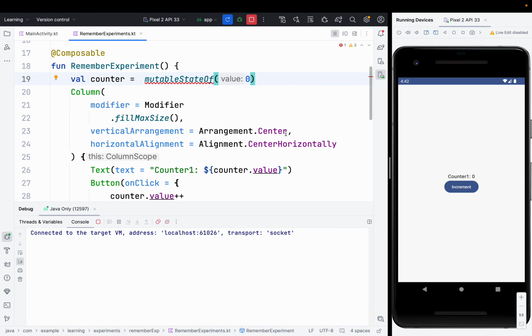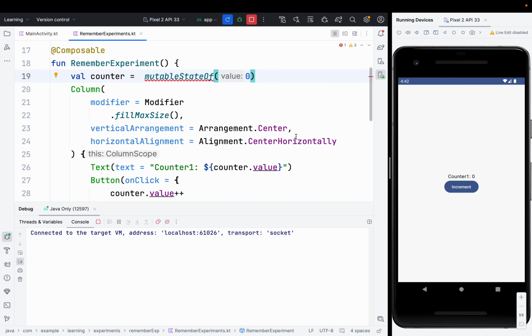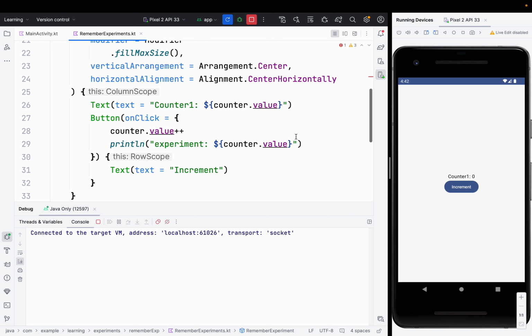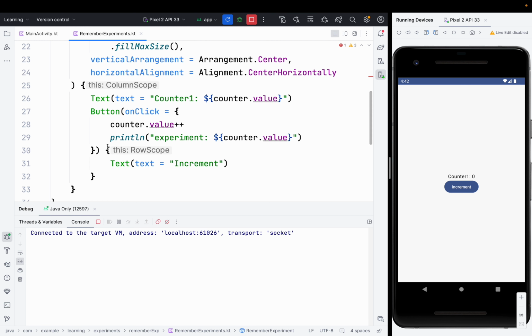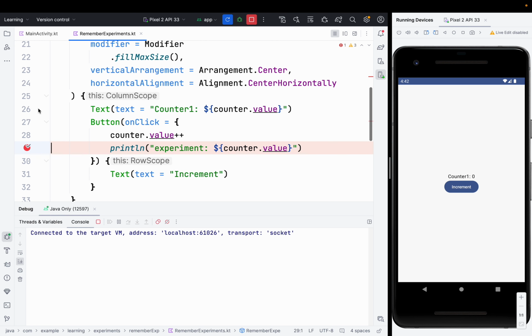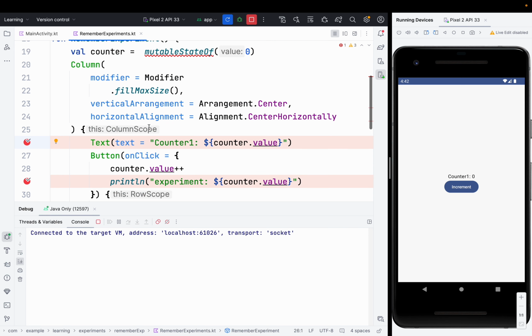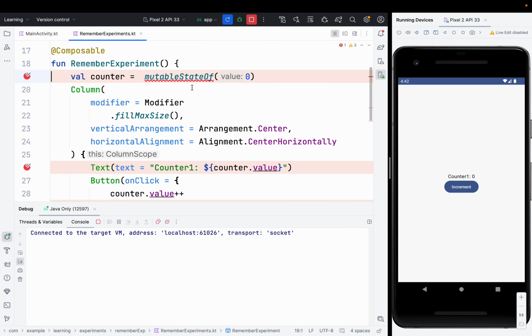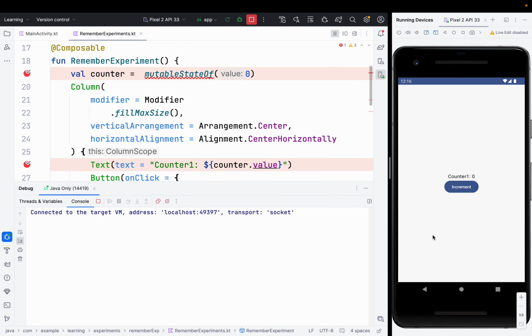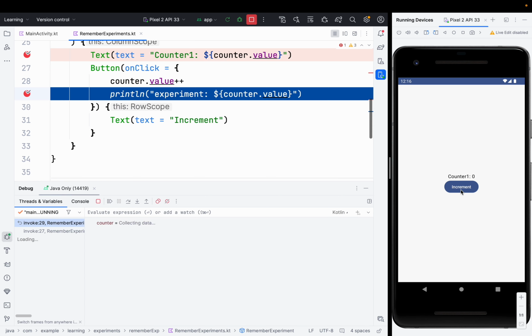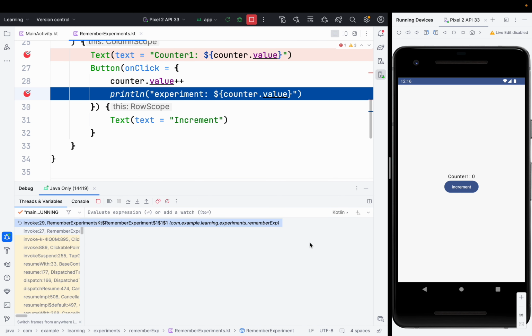Next, we select the breakpoints, the specific points in the code where we want the debugger to pause the running program. For our case, we want it to pause when the button is clicked and when the text is displayed, and also at the beginning of the function, because this will help us understand if this function is being triggered again. After attaching the debugger, when you press the button, the debugger will pause the program at this specific breakpoint